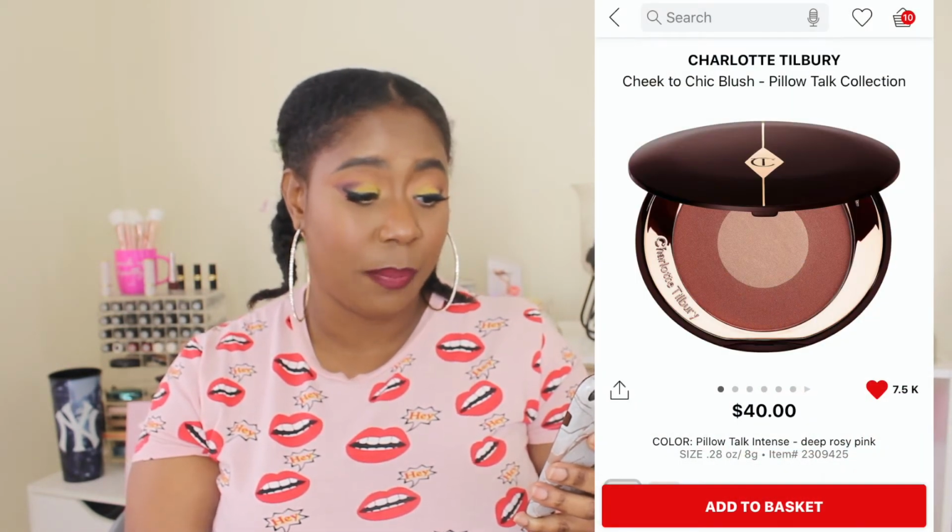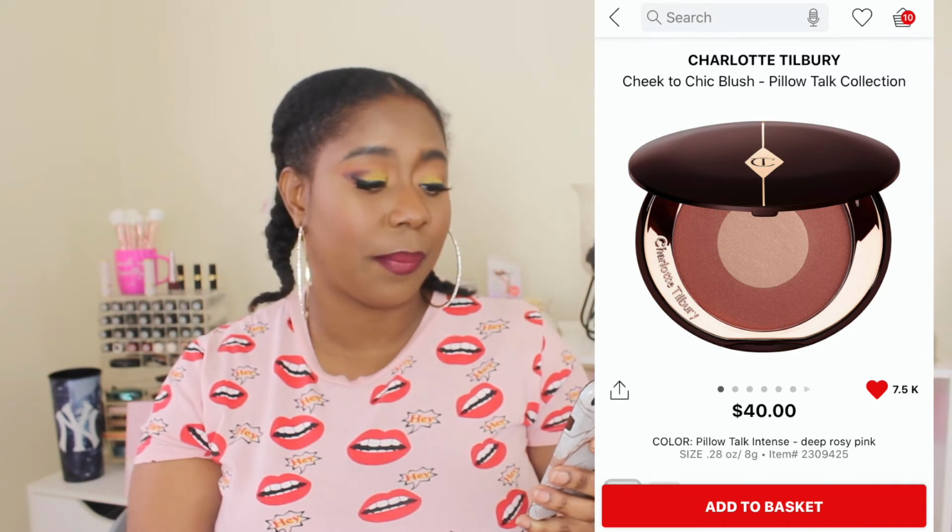Next up, Charlotte Tilbury. We have the Cheek to Cheek Blush Pillow Talk collection, and this is the Pillow Talk Intense. So this is supposed to be a play on her Pillow Talk. You may or may not know that Charlotte Tilbury's iconic lipstick, I believe, came out in the shade Pillow Talk, and that was one of her best-selling products. So she expanded the line. She has the Pillow Talk eyeshadow palettes, and now she also has the Cheek to Cheek blush, which I do